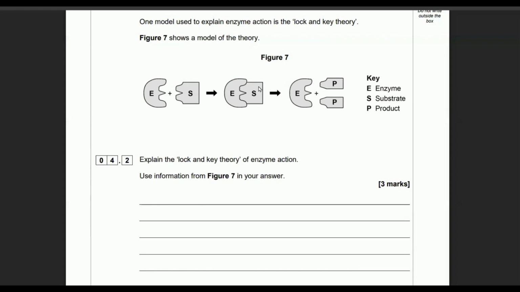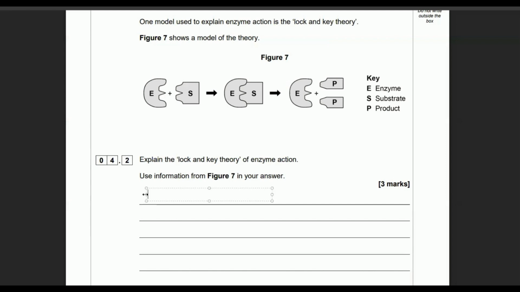So first of all, we want to say the substrate. Do you want to say it has the same shape? No, that shape is not the same. They're completely different shapes. However, they do fit together like a jigsaw puzzle. So we use the word complementary. But if you can't use that word, just say the substrate fits in the enzyme like a lock in a